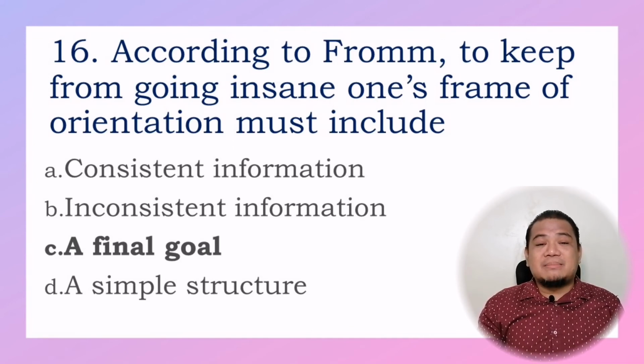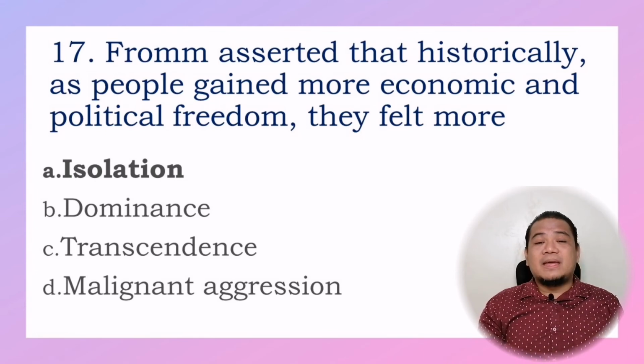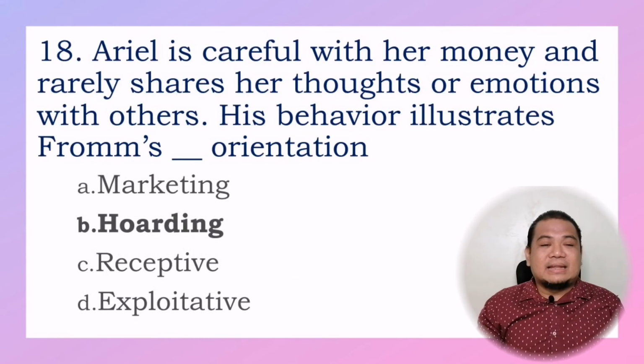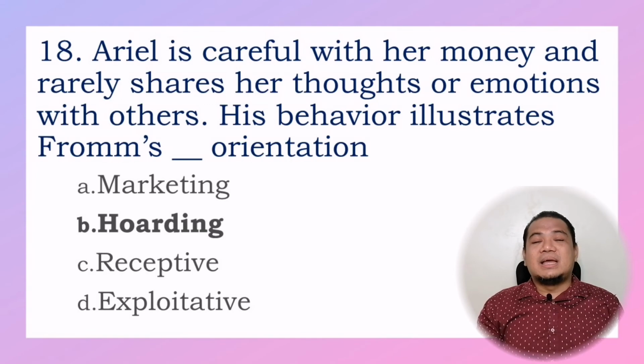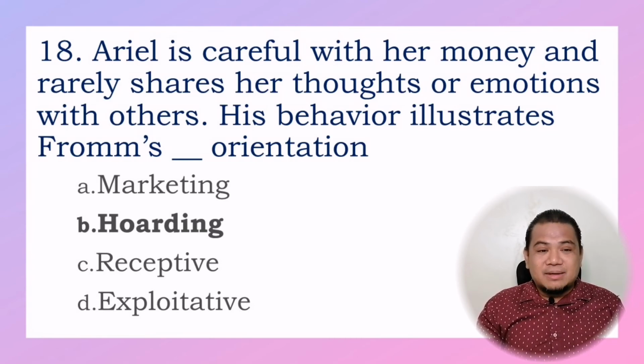Humans have the mental capacity to imagine many alternative paths to follow. To keep from going insane, however, they need a final goal or object of devotion. Number 17. Fromm asserted that historically, as people gained more economic and political freedom, they felt more A. Isolation. Number 18. Ariel is careful with his money and rarely shares his thoughts or emotions with others. His behavior illustrates Fromm's orientation. The answer? Hoarding. So rather than valuing things outside themselves, hoarding characters seek to save that which they have